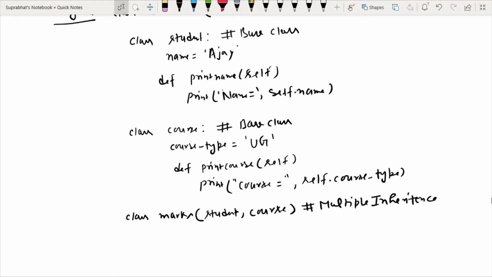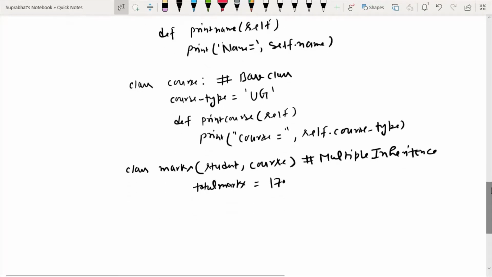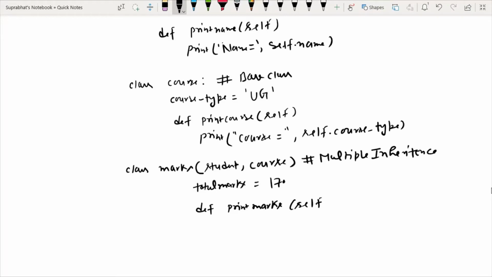In this class suppose I have taken one variable, total marks, and suppose its value is 170. In this class also I have a method, def print marks. I will simply print marks equals self dot total marks.